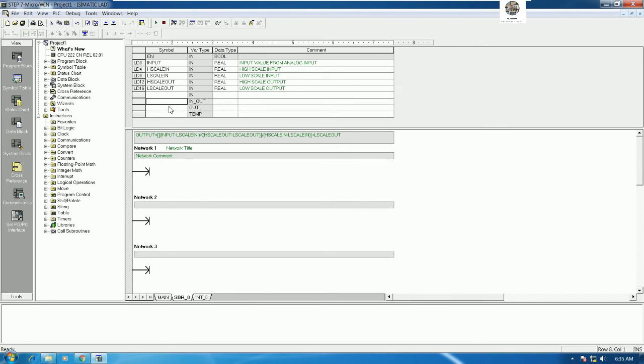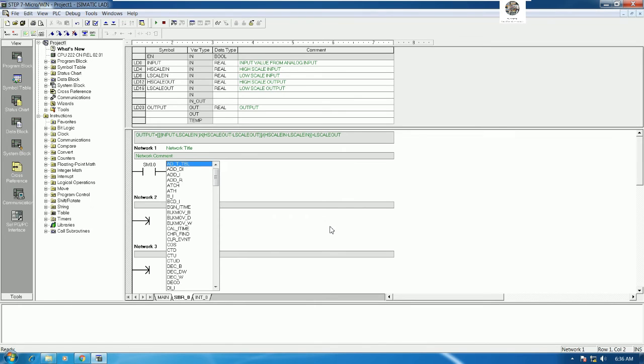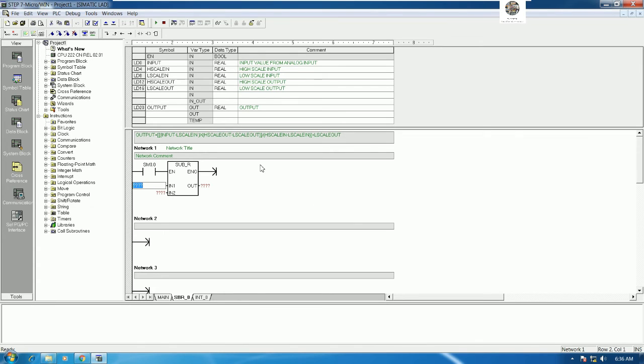If we know the concept, we can create the library. Yes, real also. So this one is the output. Okay, and we will follow our formula, right? So first I will use the always on, SM0.0, and then I will use the input minus low scale in, right? So input minus low scale in, so I will use the subtract, SUB_R here. So input we can copy here, Control V, yes, and minus low scale input, right? So low scale input we can copy here,